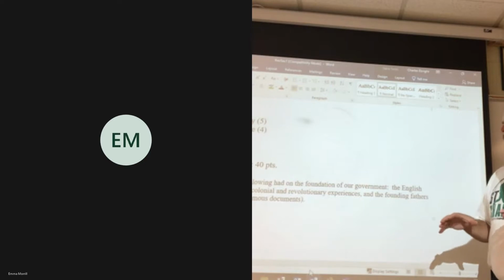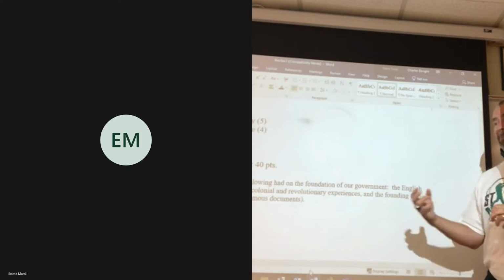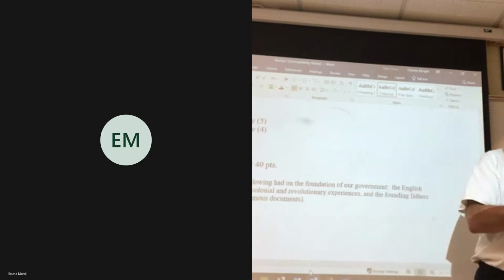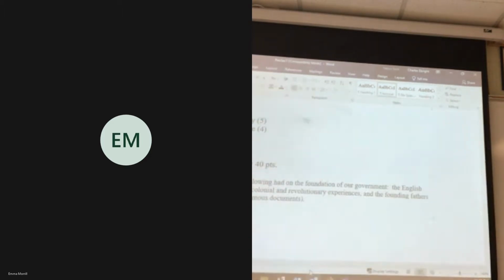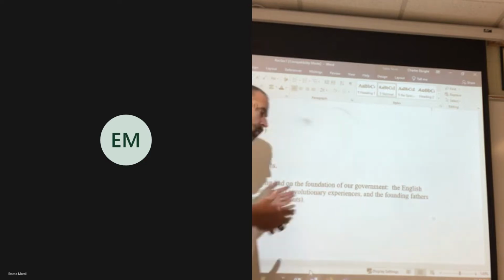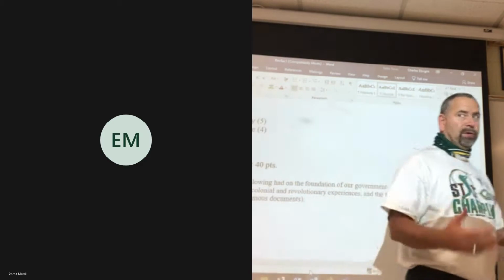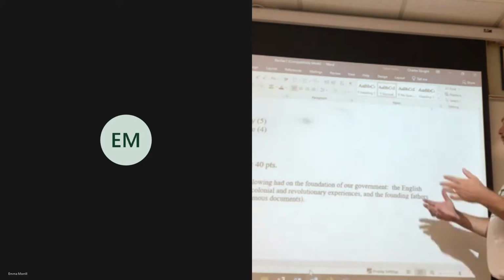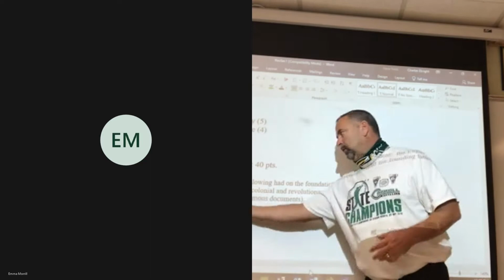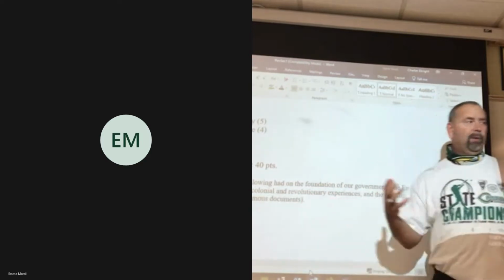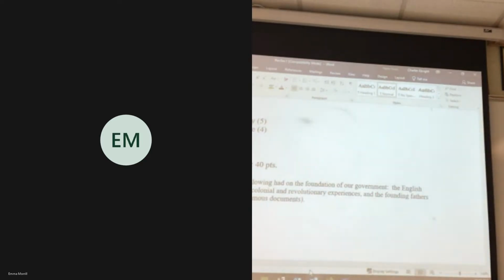So that goes from the Boston Tea Party to the Intolerable Acts, right? The Coercive Acts, to the battles of Lexington and Concord, the First and Second Continental Congresses. And the Second Continental Congress is your segue kind of into the last paragraph, which will be moving us towards the Declaration of Independence, okay? So when you're talking about the Founding Fathers, including famous speeches and documents, obviously one of those documents is going to be the Declaration, okay?